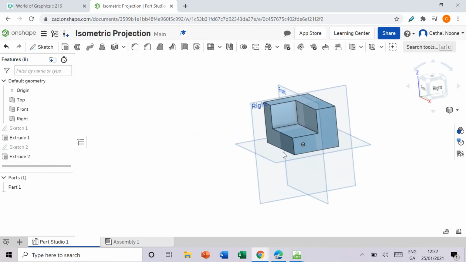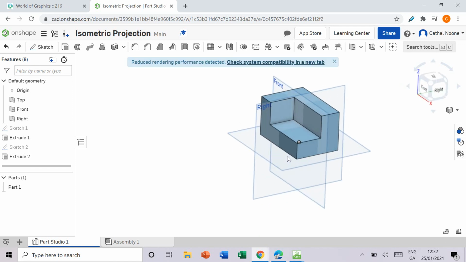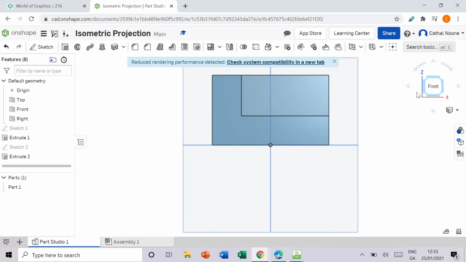40mm of my rectangle removed. Next thing I want to do is to remove this inclined section here as well. So the easiest thing for me to do is look straight in at it,